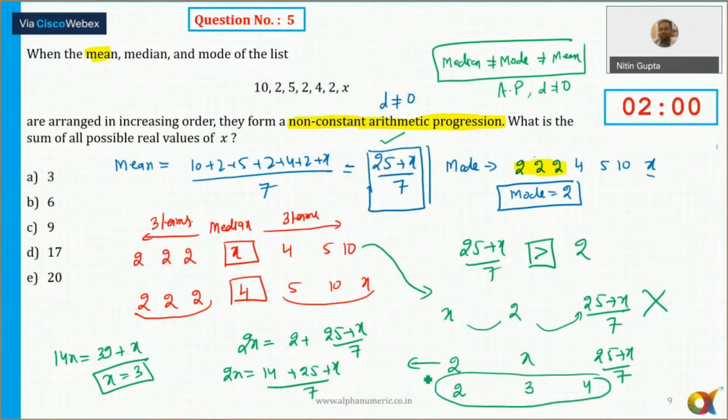So one of the possible values, remember, the question is, what is the sum of all the possible values? So one of the answers is that x is equal to 3. I'm writing it on the top. One of the possible values of x is equal to 3. ठीक है ना, और 2 और 4 के बीच में भी होना चाहिए, because we are just solving the first case. This is between 2 and 4. So between 2 and 4, that is the only possibility. X is between 2 and 4.